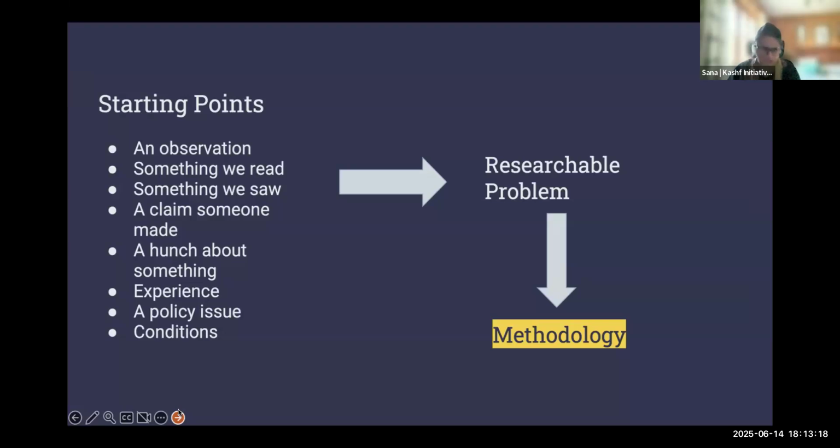To talk about the introduction, we all start when we think of how to write a research proposal. We need to have a research problem to work with, and this could come from an observation, something we read, something we saw, a claim someone made that we think needs to be explored more, a hunch or an intuition about something. The questions can flow from our own experiences in our day-to-day lives. It could be a policy issue, it could be different conditions. All of these are starting points that can help us arrive at a problem